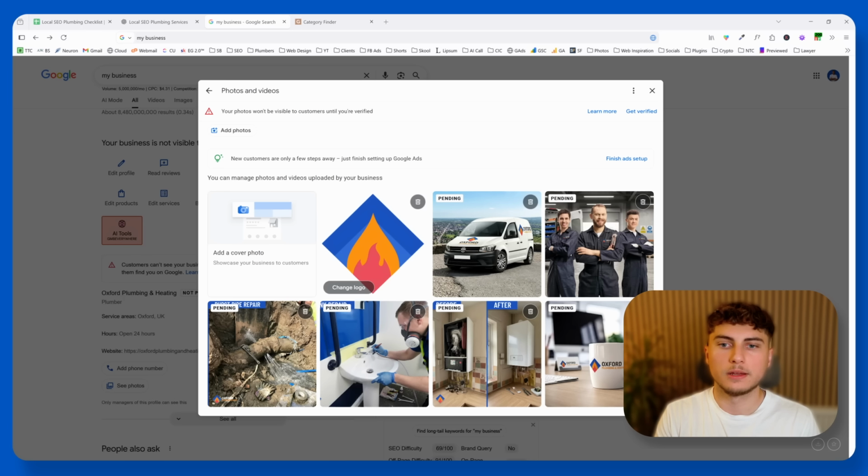And we've also covered how many photos you want. So let's quickly go over the quality of these photos. The best way to get these photos for yourself is, you have to get a modern phone. It's worth the investment. It doesn't have to be the latest iPhone, but you want to have something with a great camera,